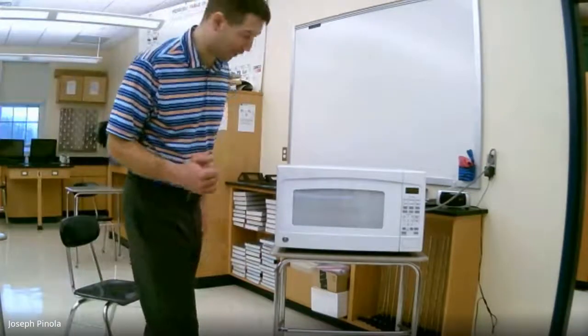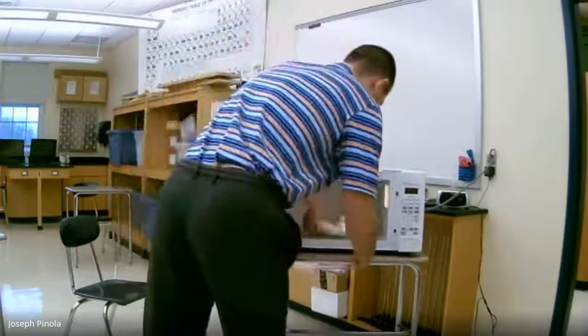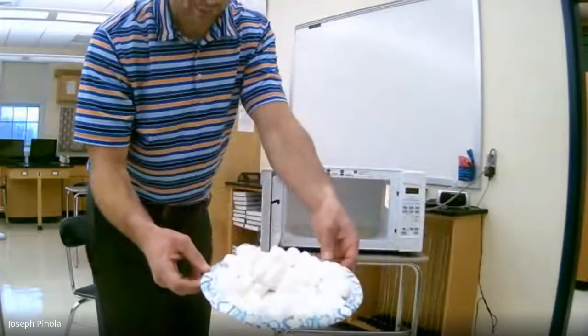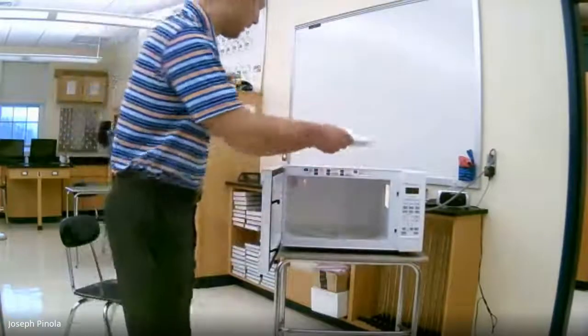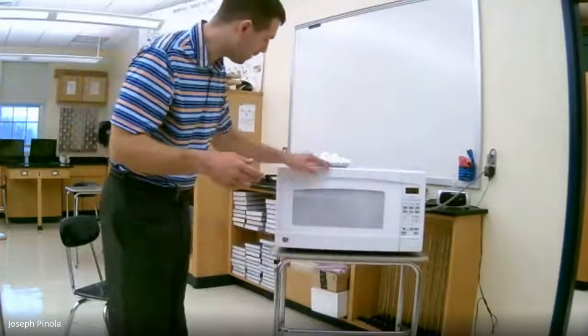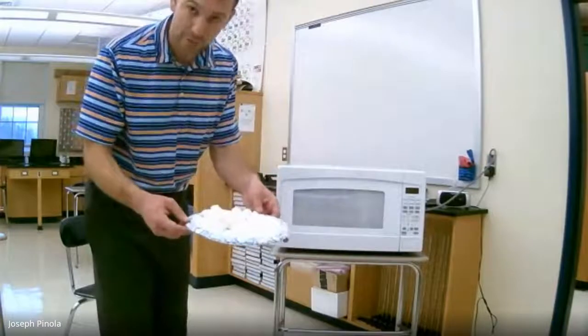Certainly smells like I've been cooking marshmallows in here. Once we open up the microwave, you immediately see what happens. Do you see how big our pile of marshmallows is? Definitely not as big as it was before. And so the marshmallows have grown. Clearly, not everything grows when it's put in the microwave, but what happened here was that the marshmallows absorbed some of the energy from the microwaves